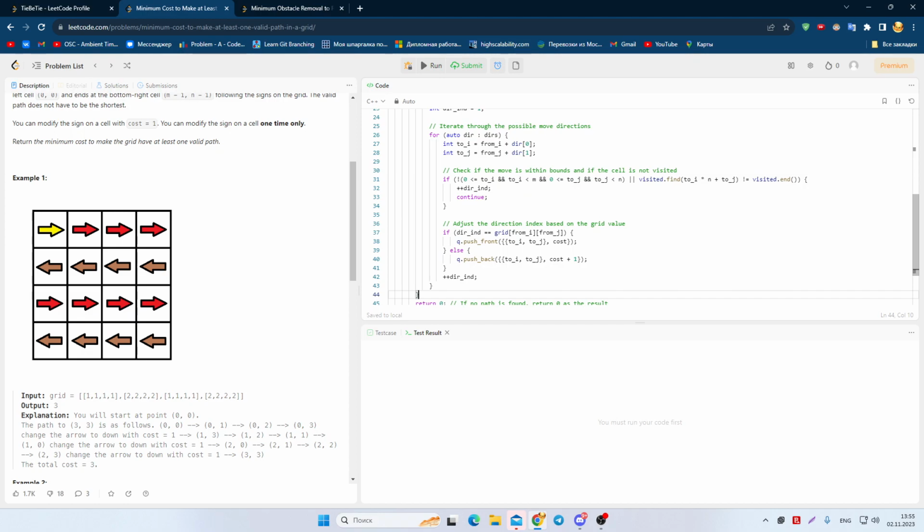So we need to prove that in our queue we contain edges that